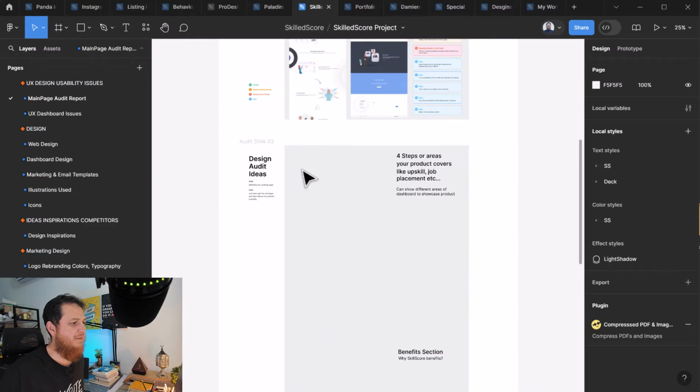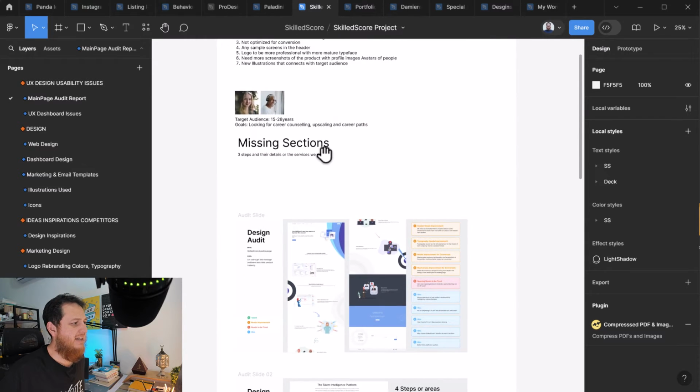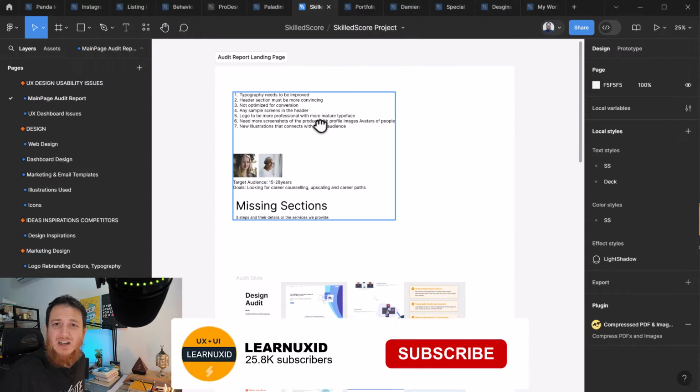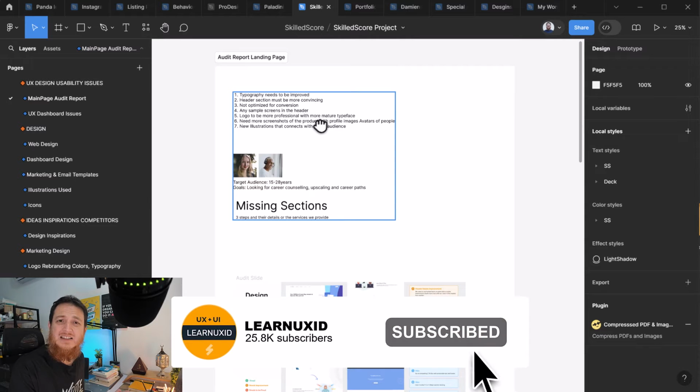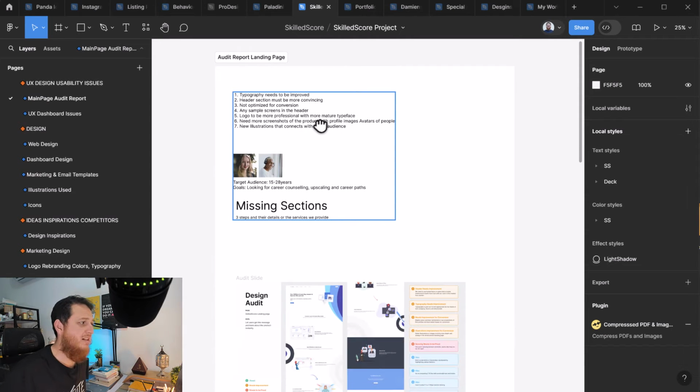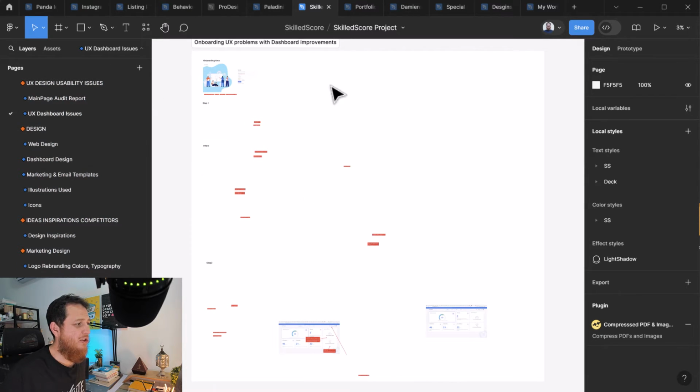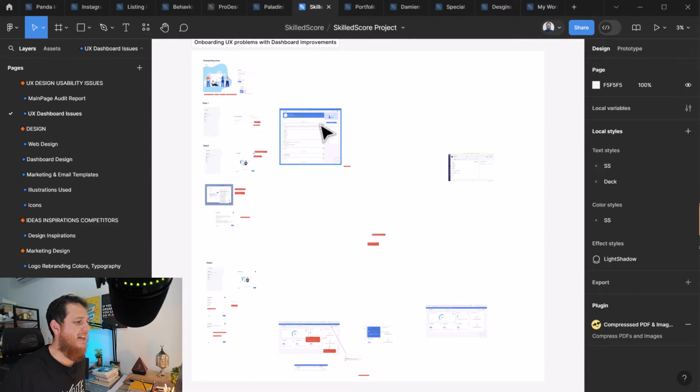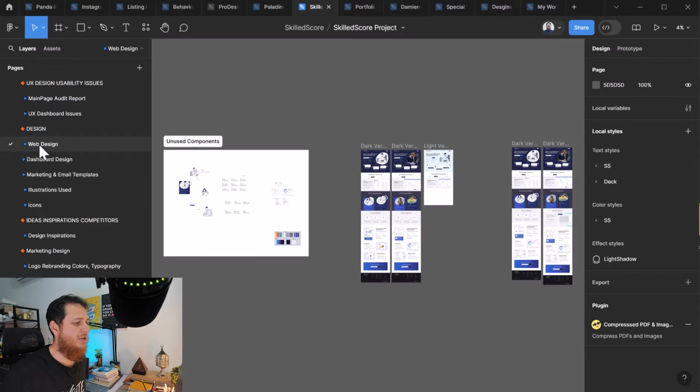You can see over here these are the things I have discussed with them. So if you are hiring a product designer, I think they should always start with a user experience audit, just a quick audit. Then we discuss the dashboard issues. You can see these all highlighted red areas. These are all dashboard problems they had. Then we shifted to their